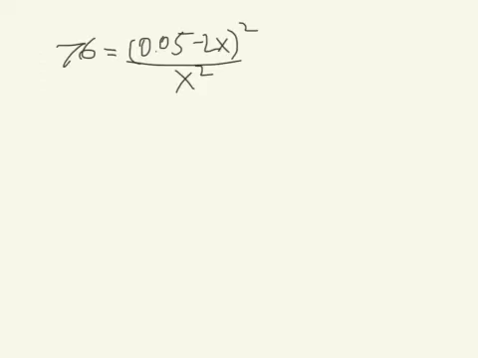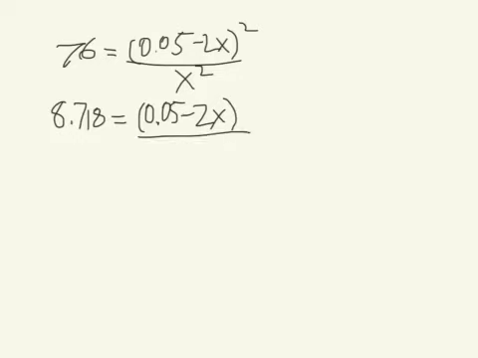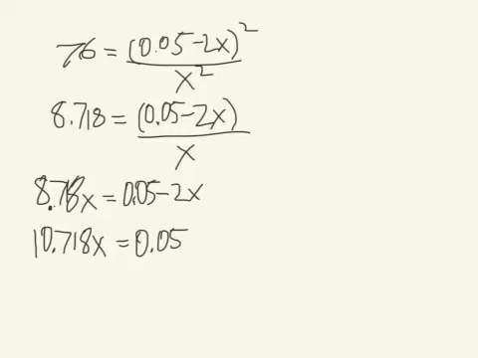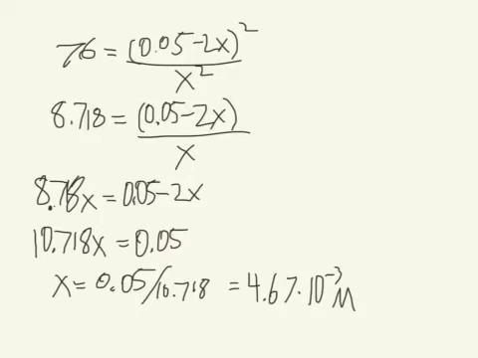I'm going to take the square root of both sides. The square root of 76 is 8.718. And the square root of the other side is just that over x. Then I'm going to multiply both sides by x, then add 2x to both sides, then divide both sides by 10.718 to isolate x. And we get 4.67 times 10 to the negative third molar for x, and that is